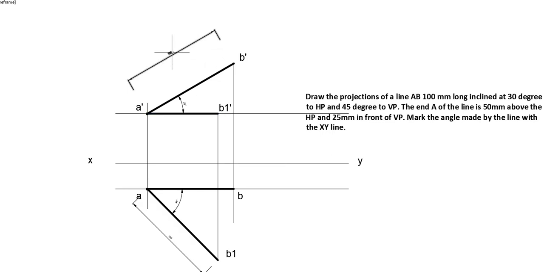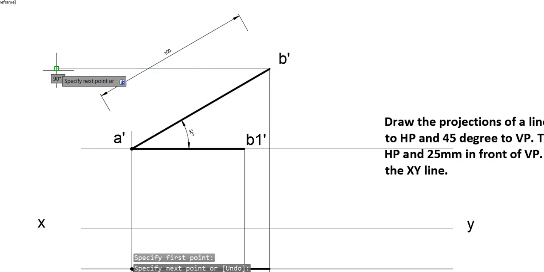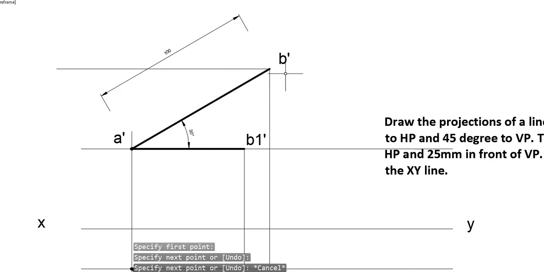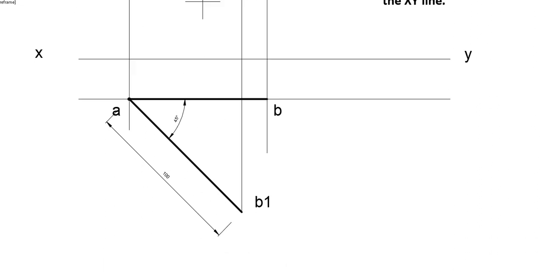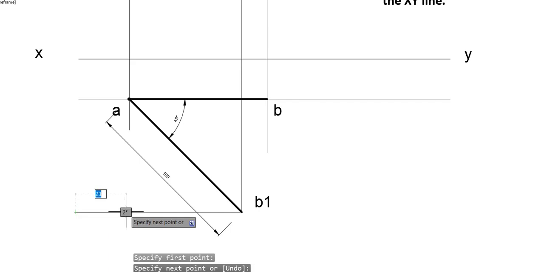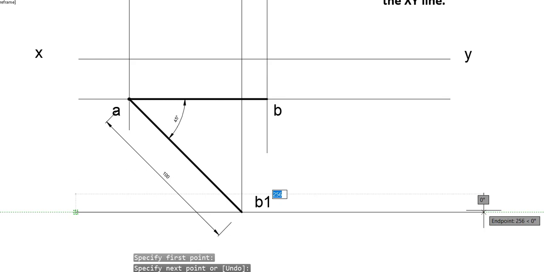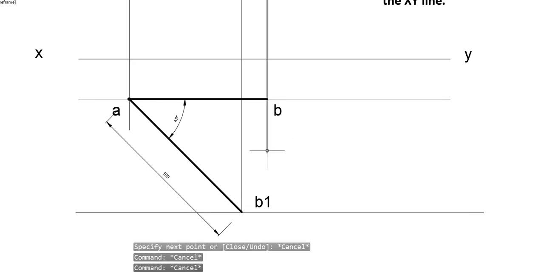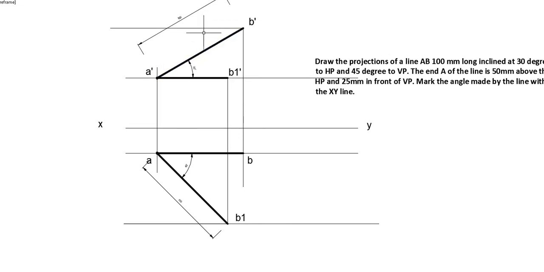From the theory of that locus, we understand that whenever there is an inclination, its front view will be in the same locus line. So for that purpose, we draw a reference line passing through B dash, which is parallel to the XY line. Similarly here, we will draw a reference line through B1 and parallel to the XY line. For the actual line which is inclined to both the planes, A is already here, A is fixed.